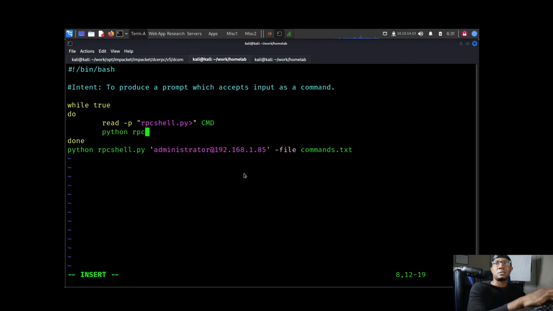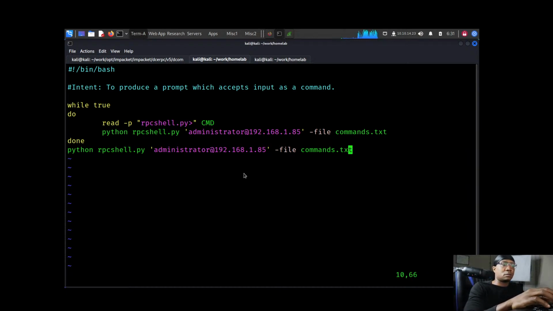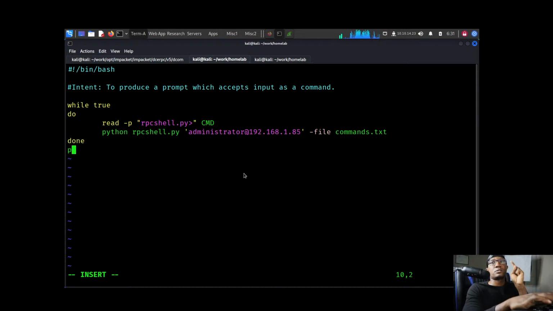Python RPC shell.py. And then we have to hard code our user credentials right now because that's not the point of the video. I'll go back and do that later. But what we're going to essentially do is we want to interact with the server that I have running using only RPC, no SMB. So if you're just joining,